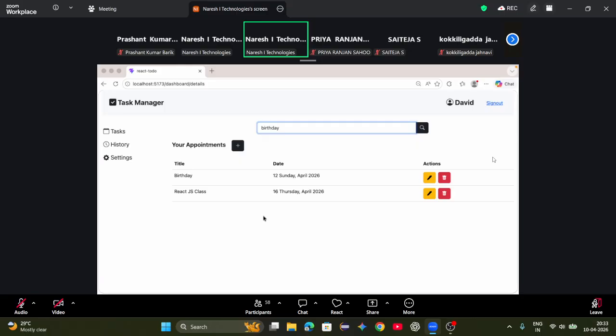Actually, re-rendering is a process, and that re-rendering process will load the components again. That is not good. So we should cache the data while filtering and sorting. We should not reload the data. Remember, for one or two records, it's fine. But with millions of records, when you are filtering, sorting and searching,